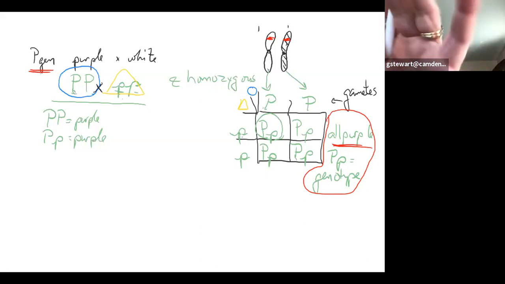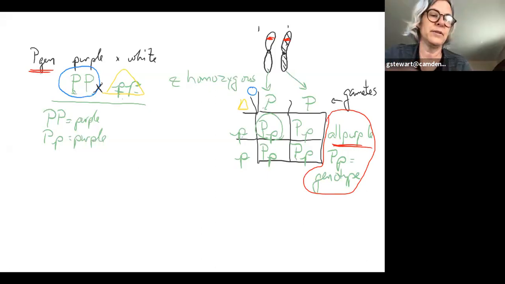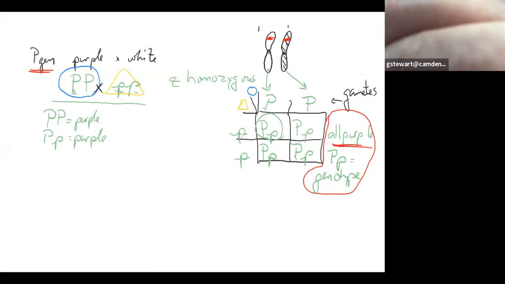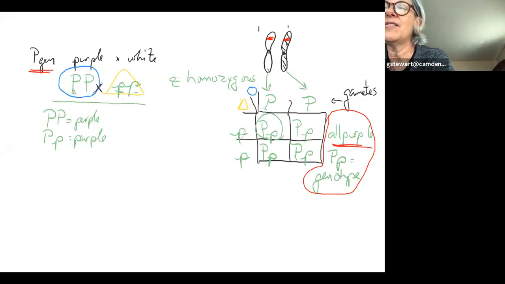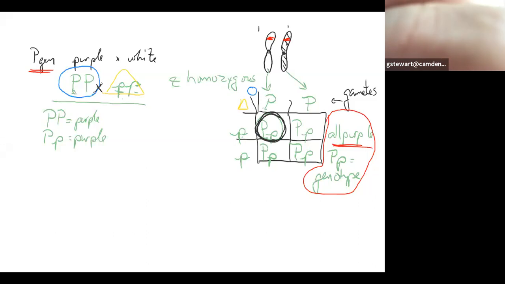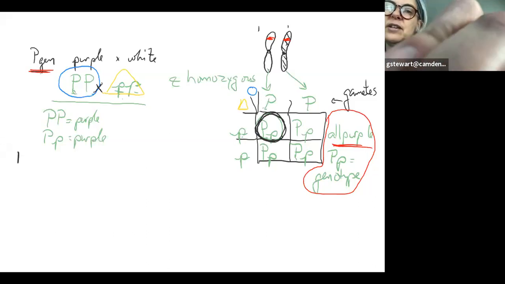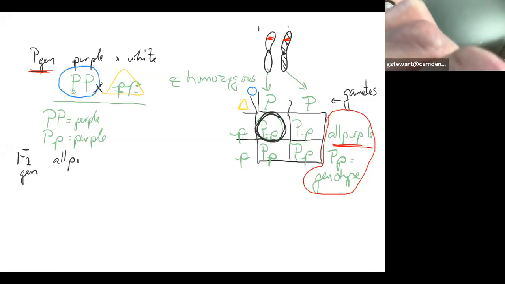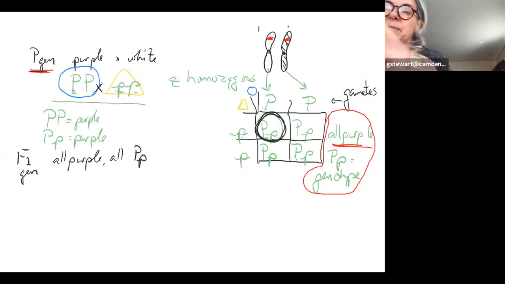Right, so we're still translating the purple and white flowers that Mendel talked about with his peas into first the F1 generation and now the F2 generation. These are the F1s. They are offspring of 2 true breeders that have been crossed. So the F1 generation, that first filial generation that is all purple, they are also all big P, little p.